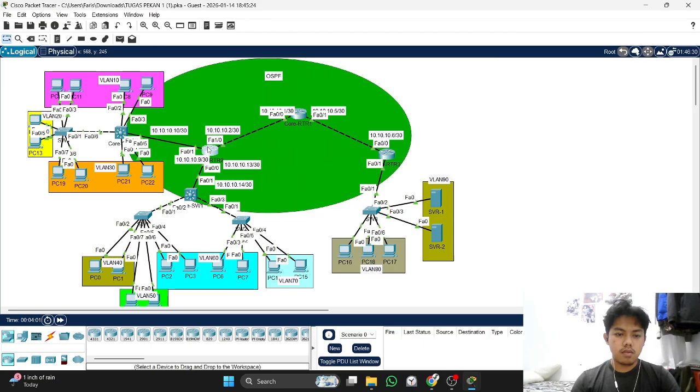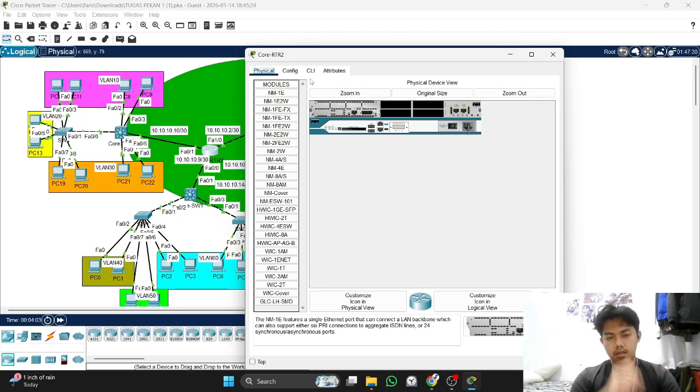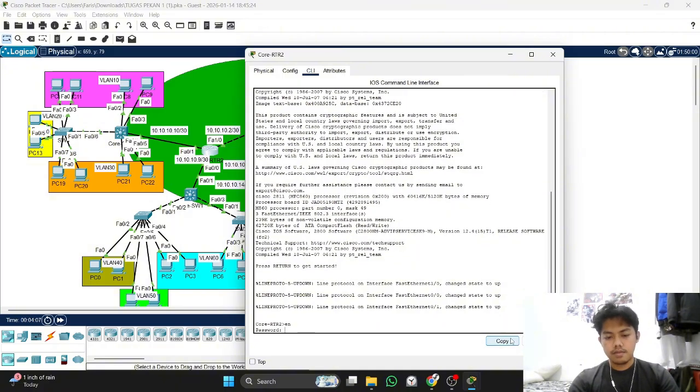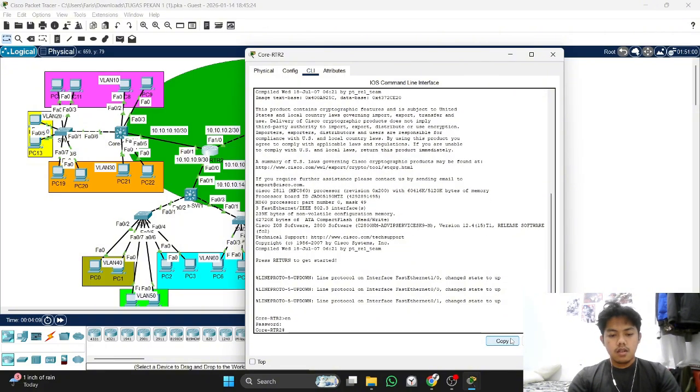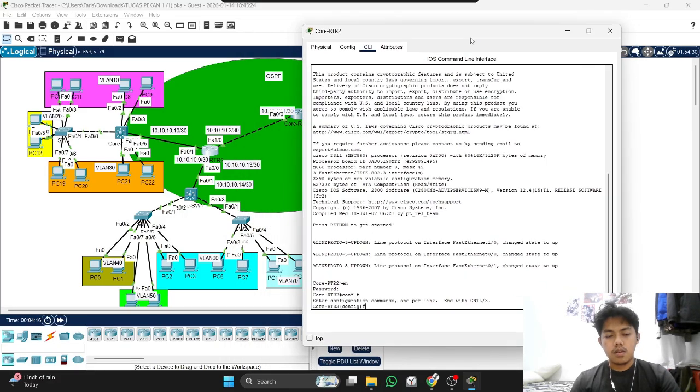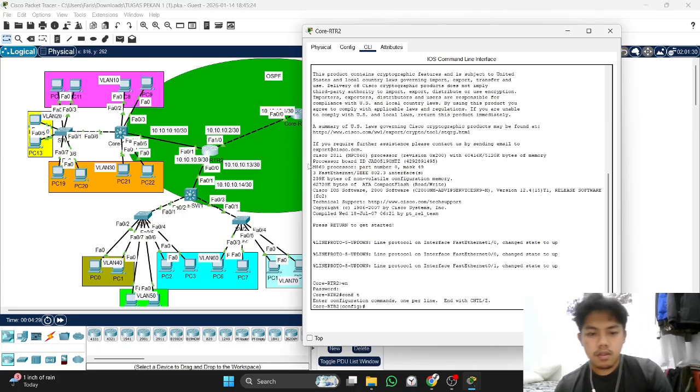Okay, we go to this router. The important thing with OSPF is that you configure the network. You configure your neighbor's network. So for each neighbor, you configure their network.